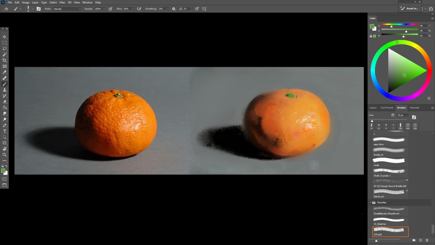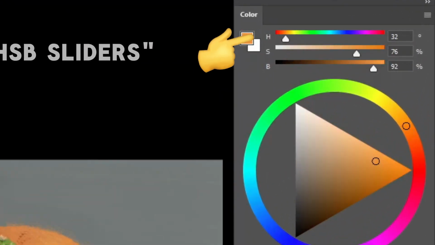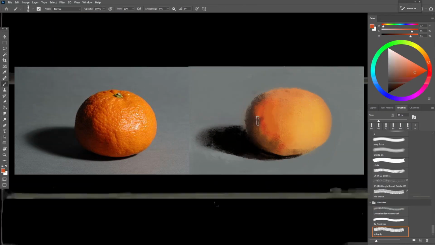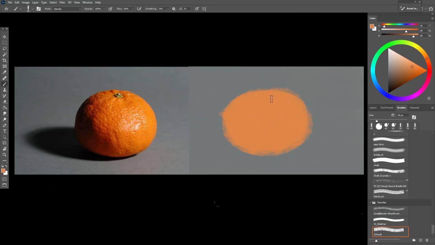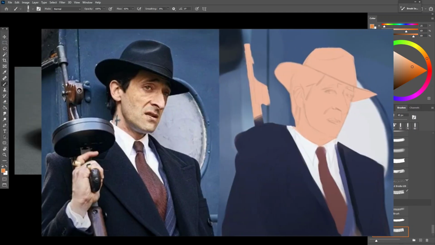Painting any still life involves an understanding of the 3 factors that affect color: hue, saturation, and brightness. Throughout the entire process, I keep these 3 things in mind, especially at the start when I decide what the local color of my orange is going to be. Local color is what I think the color of the orange will be if there was no light or shadow